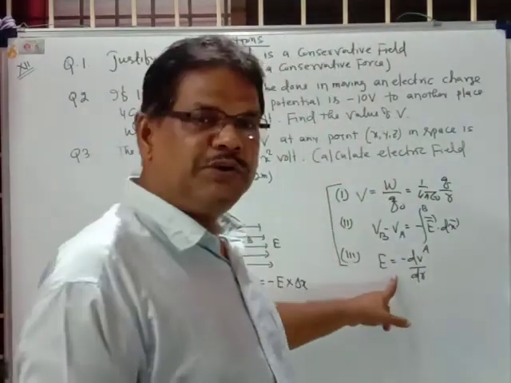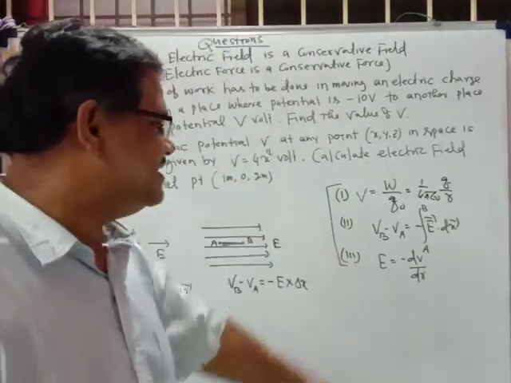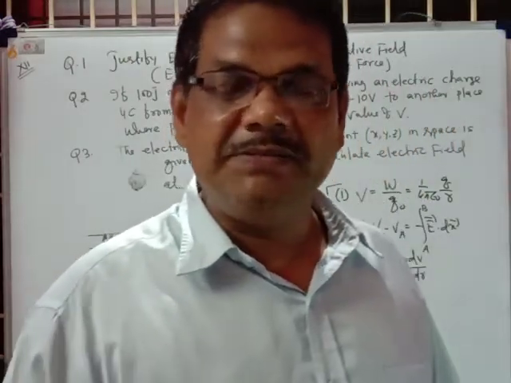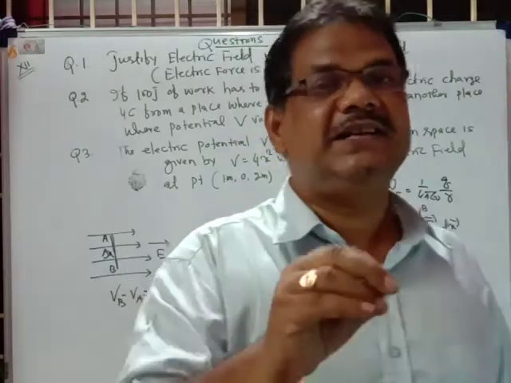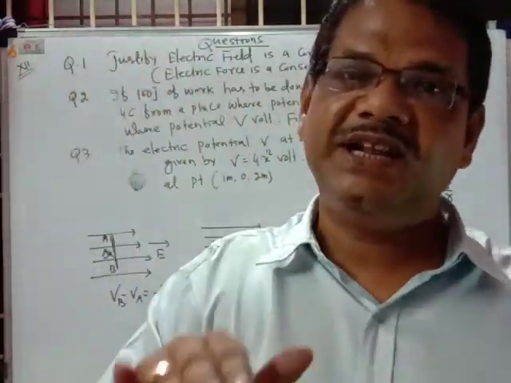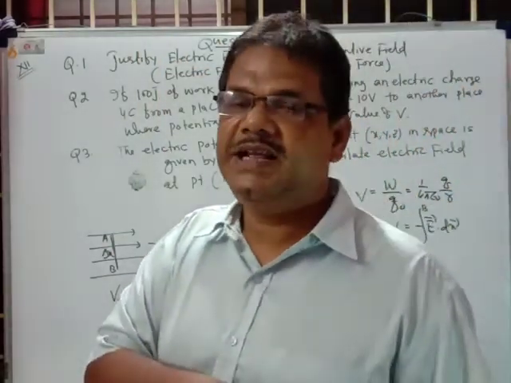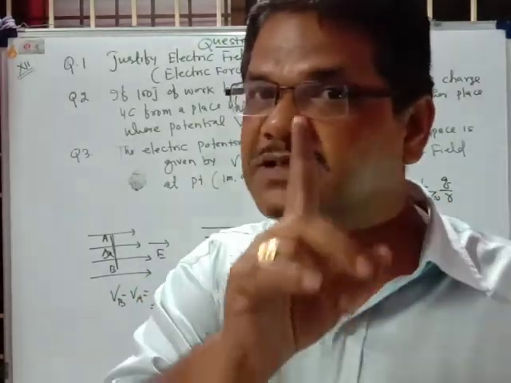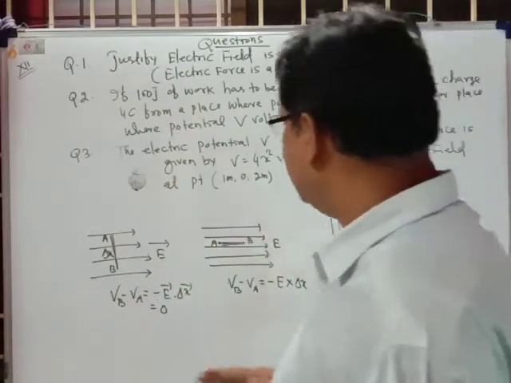And another thing you know from the previous video, that electric field intensity is the negative of potential gradient, E equal to minus dV by dx. सबसे बड़ा इंपॉर्टेंट है, ध्यान देना, जिस डायरेक्शन में इलेक्ट्रिक फील्ड है उसी डायरेक्शन में पोटेंशियल गिरता जाएगा, रिड्यूस होता रहता है. So that is, in the direction of the electric field, potential reduces. ये कॉन्सेप्ट को भी ध्यान देना है. सो ध्यान दे दोगे तो क्वेश्चन इजीली कर लोगे.